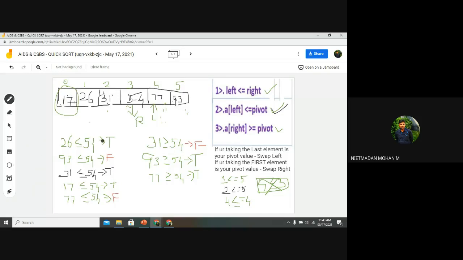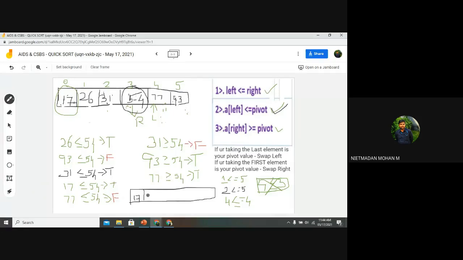And now you can see, this is my pivot value. Now you can see whether all the smallest elements are on the left hand side. Yes. Whether all the biggest elements are on the right hand side. Yes. So this is finding the pivot value and placing it in its exact position. Now when you sort these numbers manually, what will be the first number? 17, right?